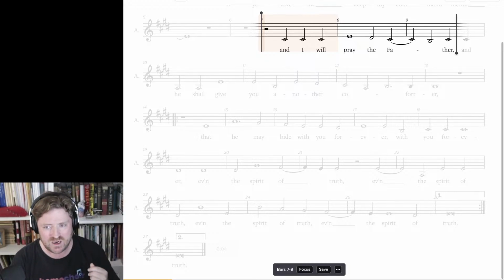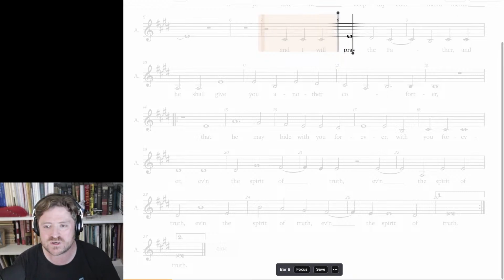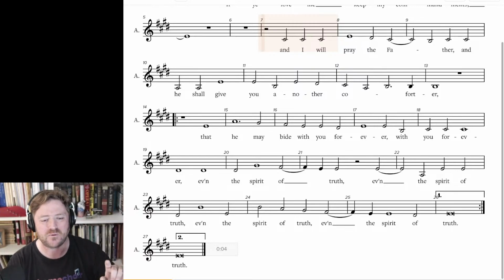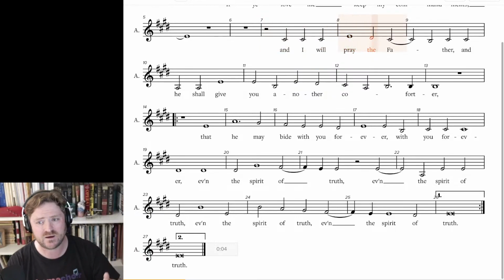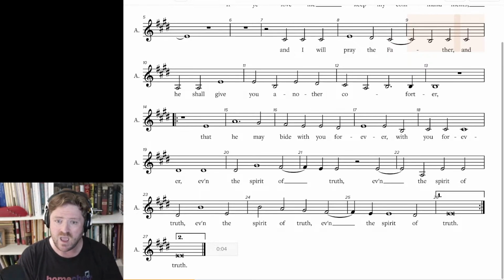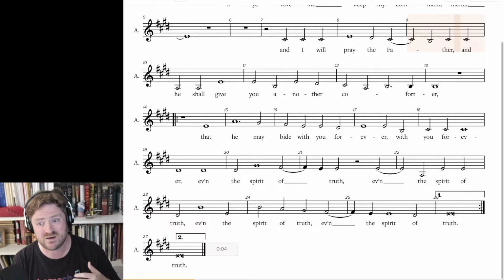And I will pray the Father. And one more thing, just make sure you sing through "pray" and "Father". These are long notes that create some really nice special effects. Let's sing it, please, altos. After 1 and 1. And I will pray the Father. Then you grab a quick breath and we drop down and we sing, and he shall give you another